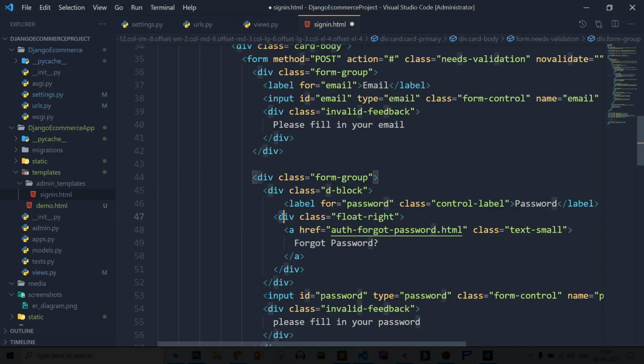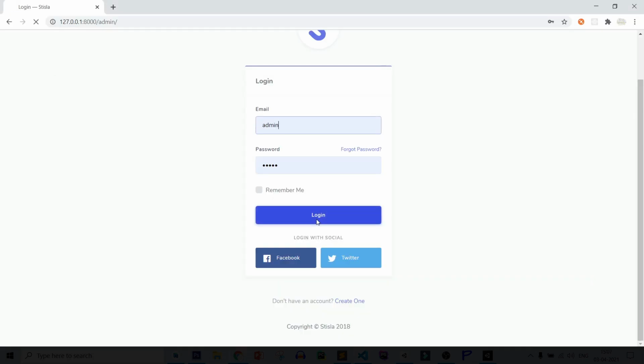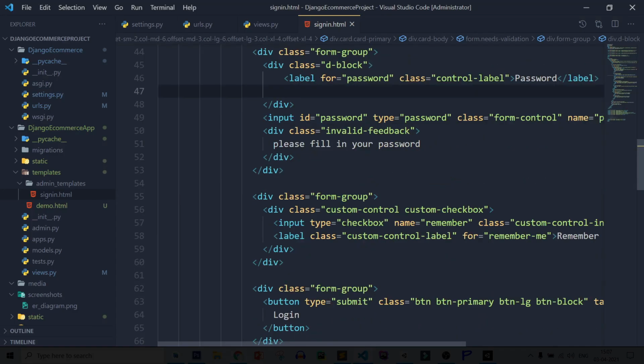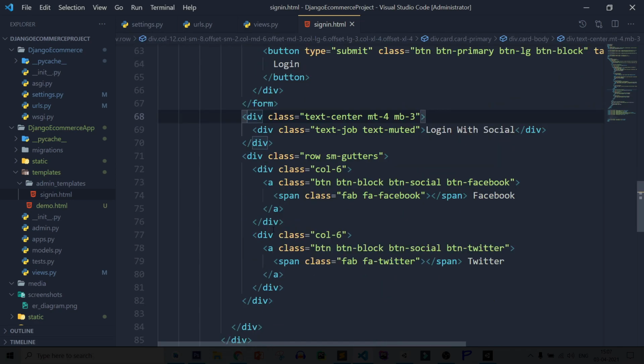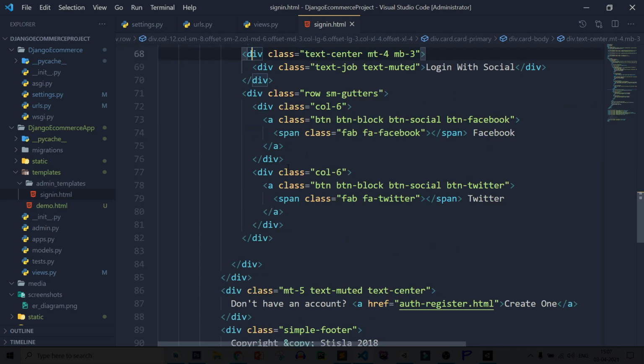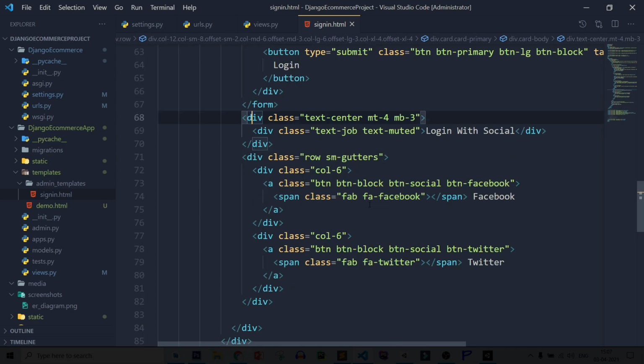So let's remove this. Save it, refresh, you can see email, password, remember me, and also here login with social. I don't need login with social for the admin panel, but I will add login for social in the customer part.